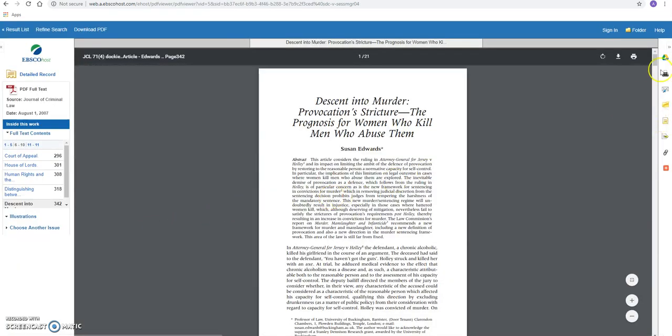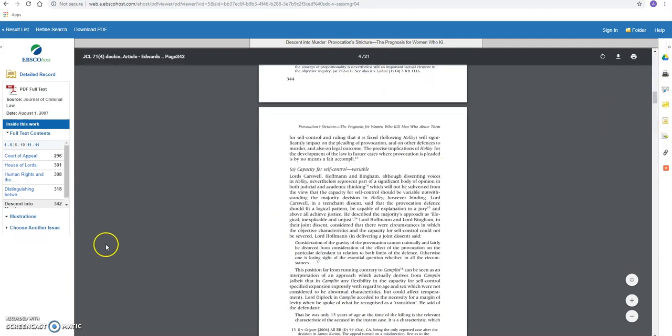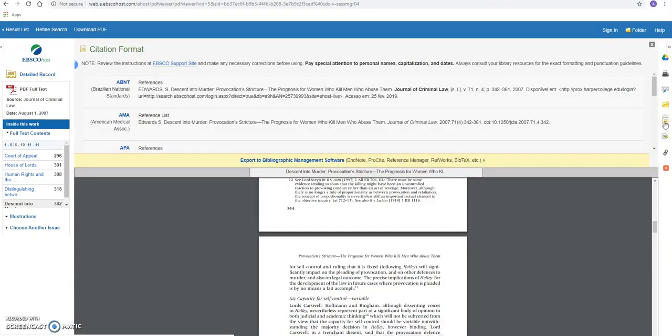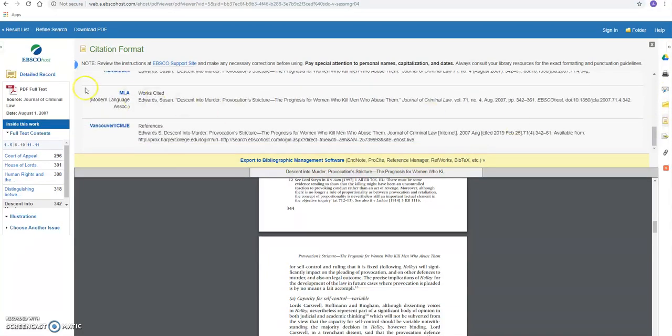You could click there, and maybe there's something that you could use, some language that you could use in your paper on Dubus's story. And again, if you do find that language, you would put it in quotes, please, in your paper, and then you could cite it by clicking there and finding the MLA citation for that article, and there it is right there.